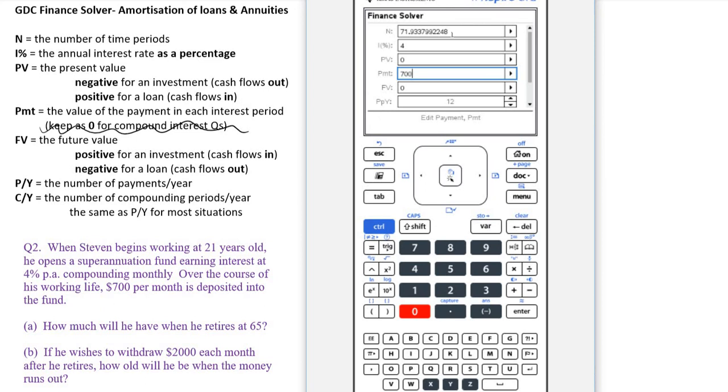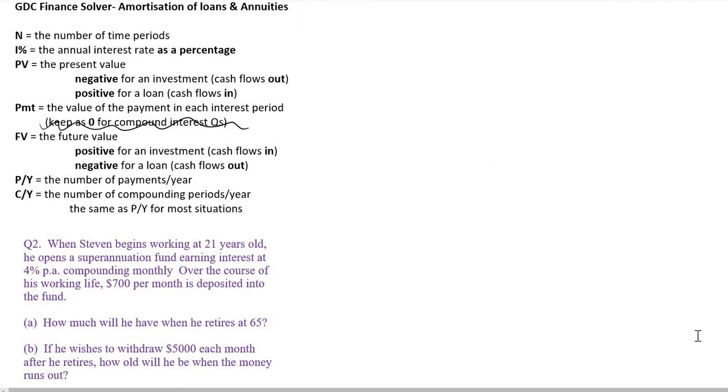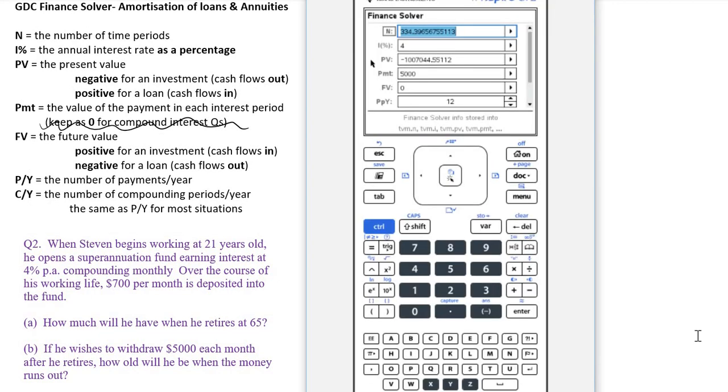He's doing that for 44 years of his working life. He works at 21, retires at 65. So 44 times 12. End of that time, he is going to have $1,007,044. So part B says if he wishes to withdraw $5,000 each month after he retires, how old will he